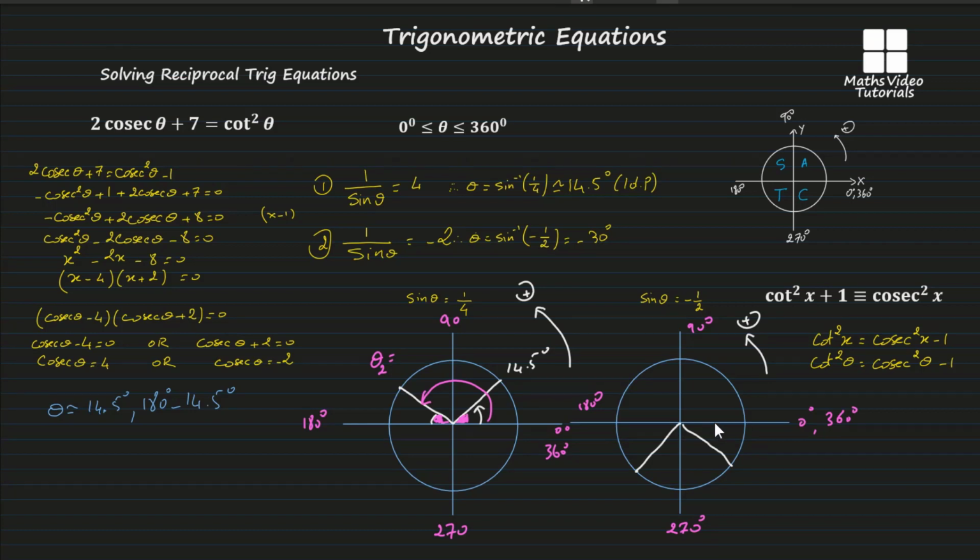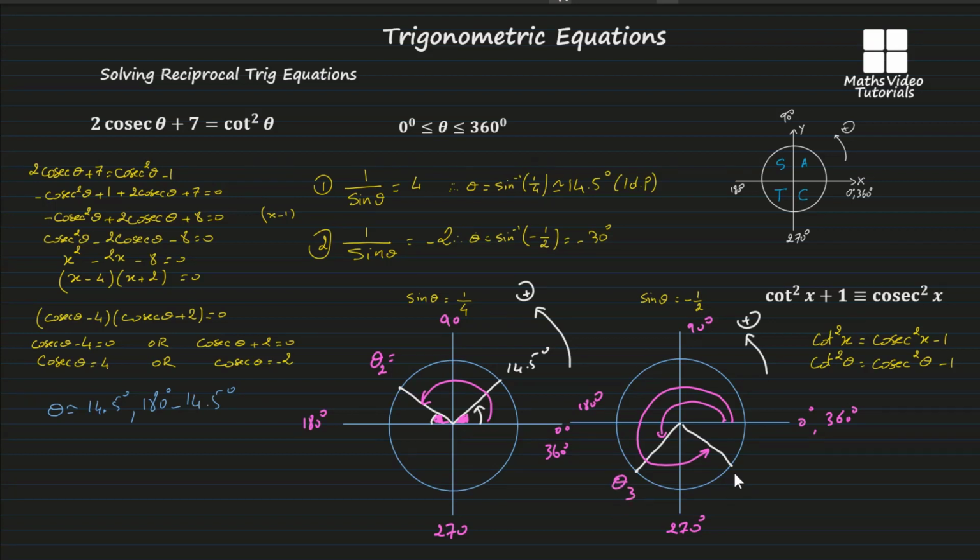Therefore the first angle, you always measure from the positive part of the x-axis, or from 0, and follow the positive direction. So the first solution is going to be this one here, and the second one is going to be all this. Now if I call this one theta 3,